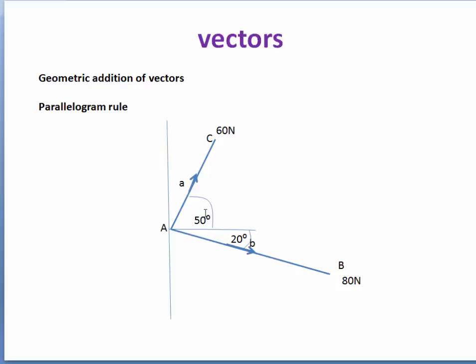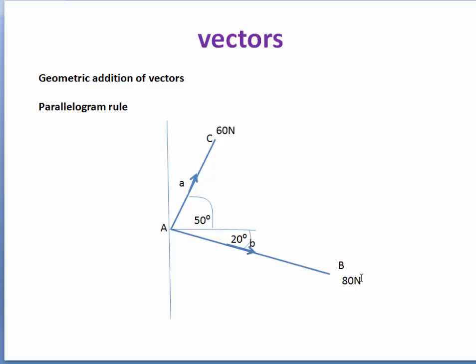So this is 50 degrees from the x. Vector A is a load of 60 newtons acting at 50 degrees, and vector B is at minus 20 degrees,